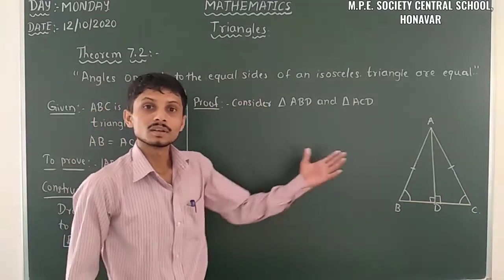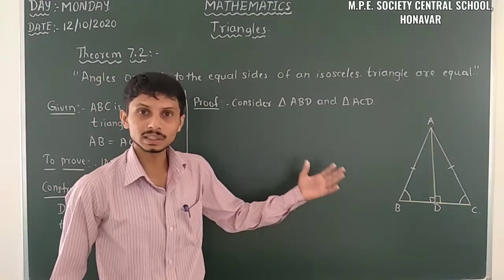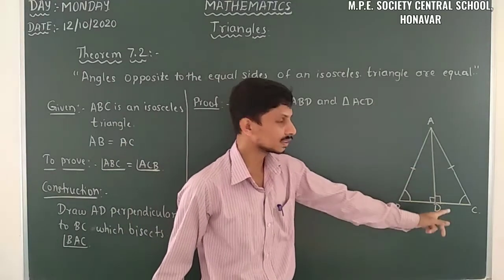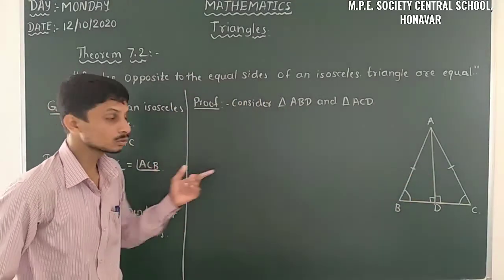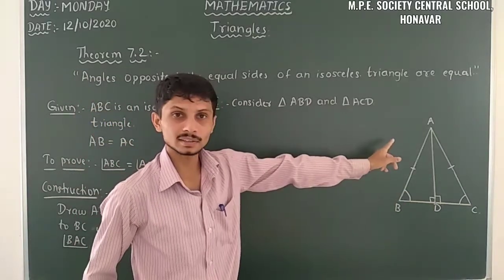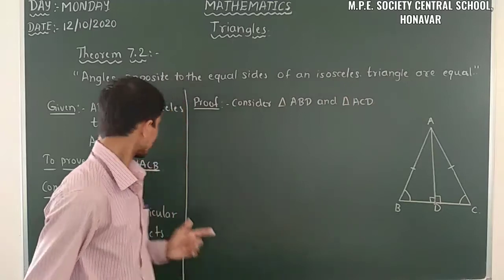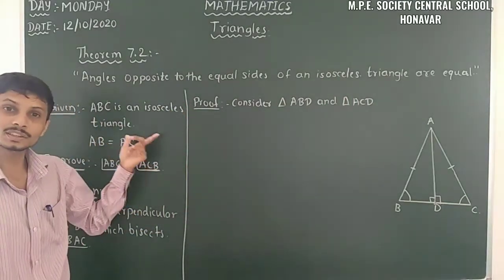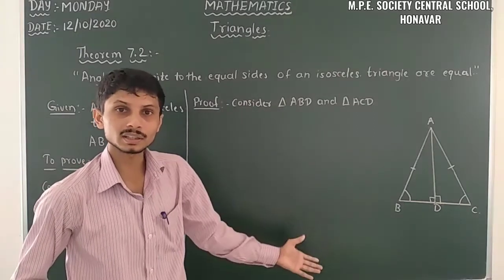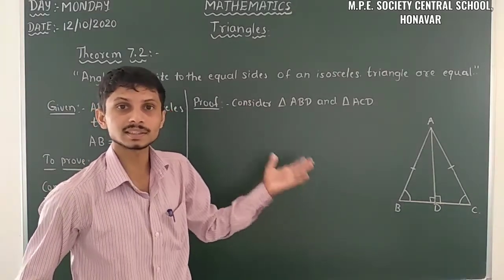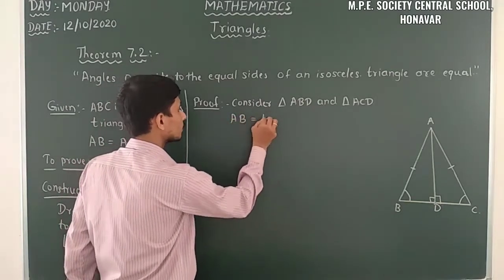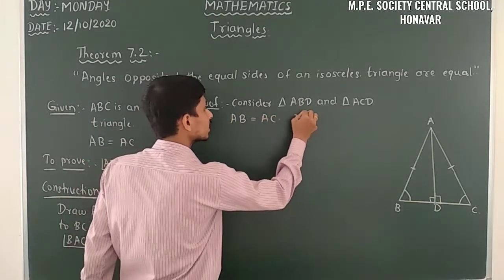Then, let us have some of the equalities. What are the equalities here? Just observe, AB is equal to AC. It is given, because those two are corresponding sides when we are considering those two triangles. Because it's an isosceles triangle, we have that equality. So we can take the corresponding sides as equal, that is AB is equal to AC, because it is given.